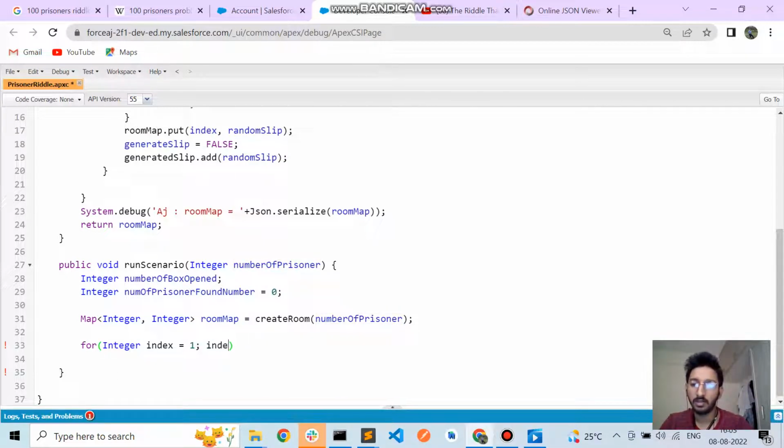So I'll say that index is less than or equal to number of prisoners, and I'll increment it by 1. Now when this loop will run,